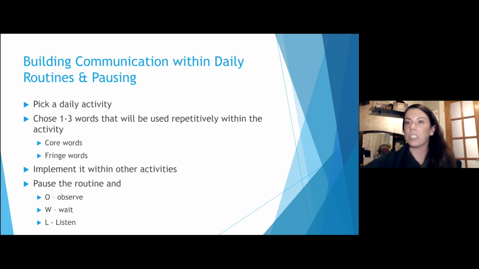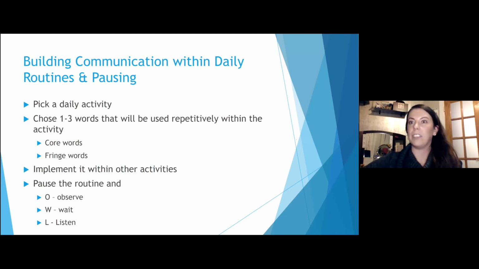So when you're first starting with a device or when you're first starting with a language communication system, you want to pick a daily activity and then think of, okay, what are 1 to 3 words that I could implement within this? When is something that I am going to be able to use the device and feel confident in that, and then start to familiarize yourself with using those words, start to use them a little bit more naturally, so that way then you're able to model it for your child. You then can start to build that into other activities, and you want to make sure that, again, you're still observing, you're waiting, you're listening to see how is your child interacting with the device, how are they interacting with you once you're modeling for them.